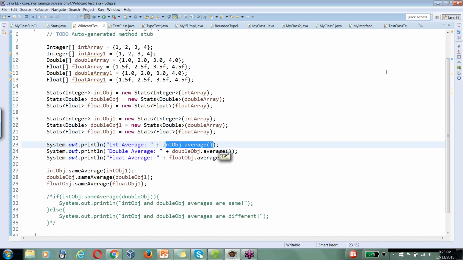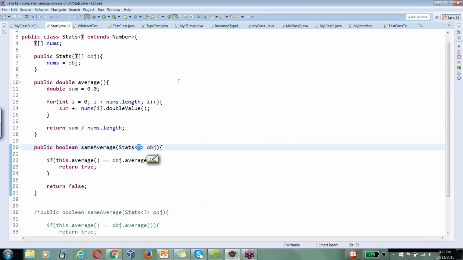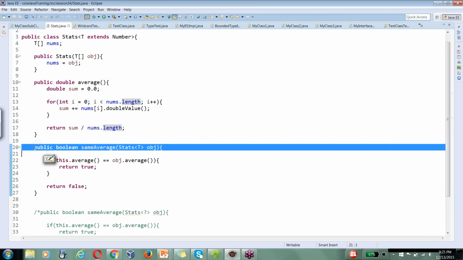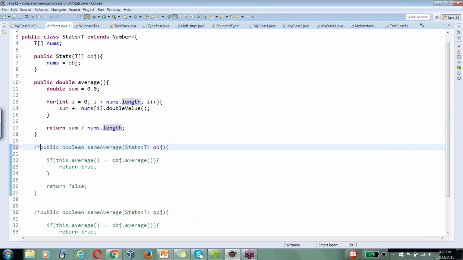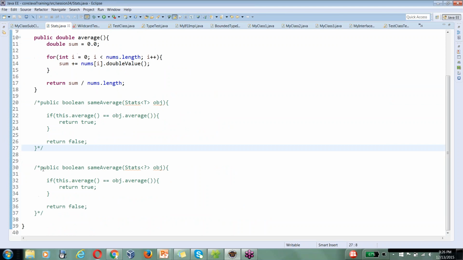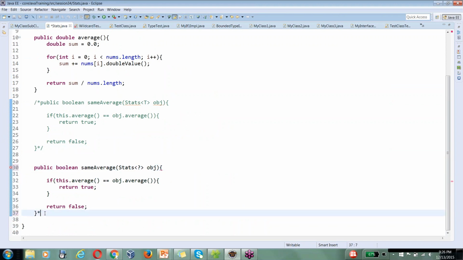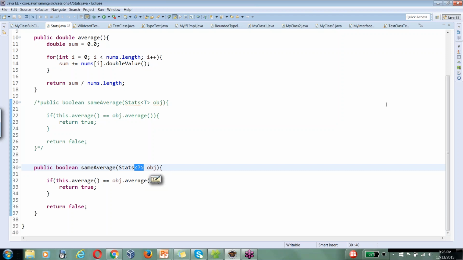Okay, so in such scenarios, when we are dealing with class hierarchies, right, Number, Float, and then Double, all those things form a particular class hierarchy. So in such scenarios, we can use wildcard like this. Okay, so it simply means any class. Question mark means any class. This is a wildcard, right? Question mark means any class. Okay, but